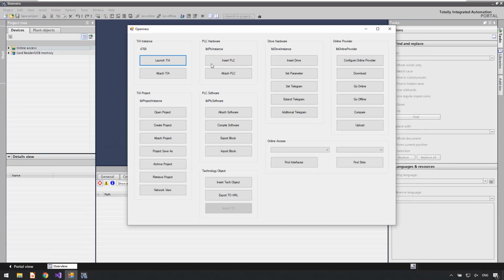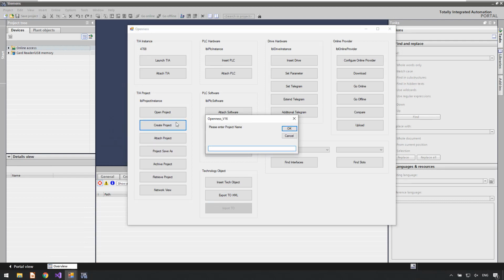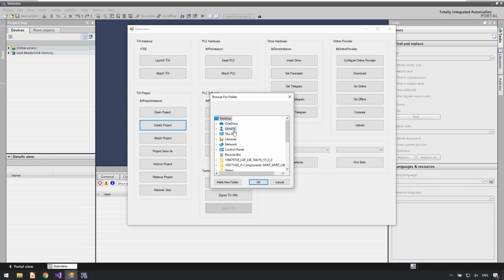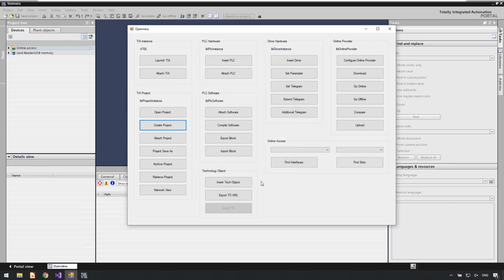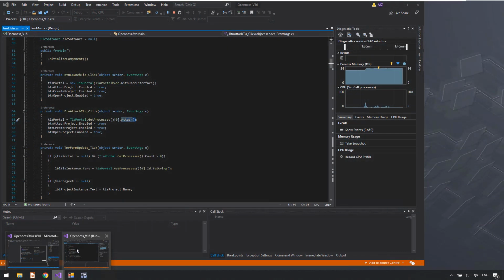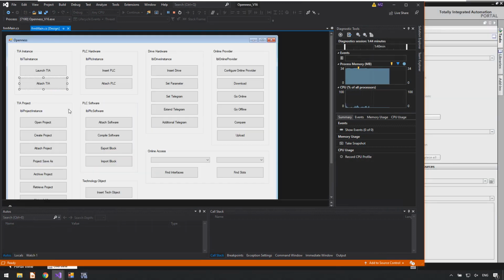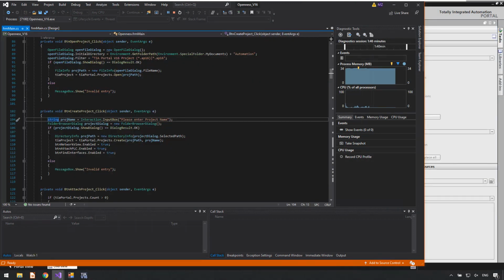Then we can do things like opening projects, creating projects. So let's say I want to create a new project, yeah? So I create a new project, Tech Talks 2, I guess, yeah? And we put this on the desktop in Tech Talks 2, okay. And again, this is another quite simple command. So if you look here, creating a project,